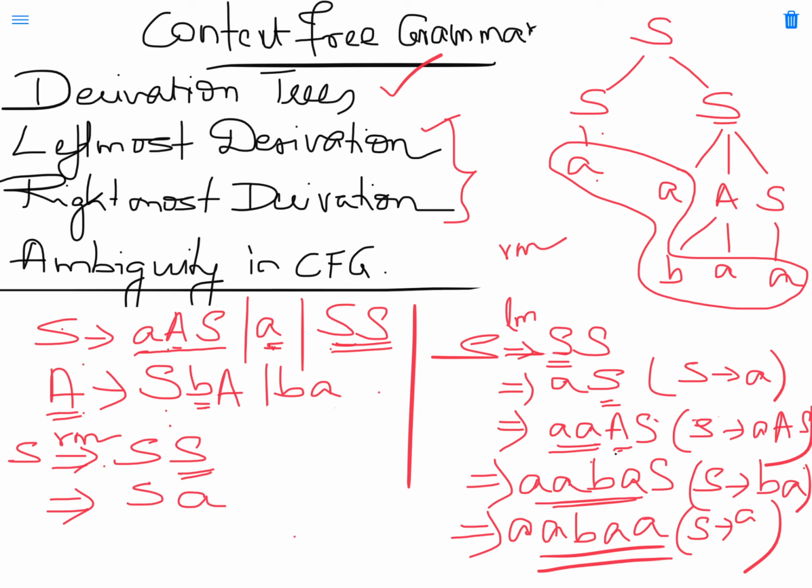Here you have to match it with the string that we need to derive, which is ABA. So S gives A, you have expanded the rightmost non-terminal. Now the rightmost non-terminal is this one. Again you have to expand it with